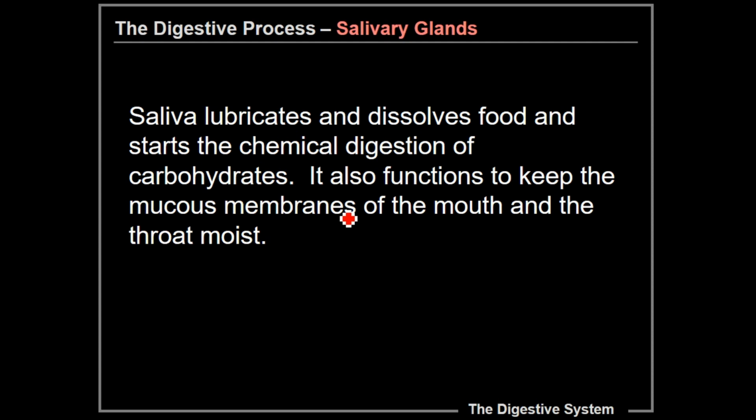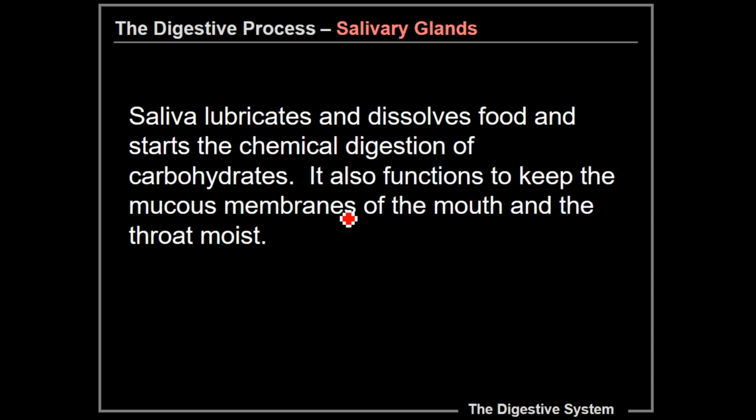Saliva lubricates and dissolves food. If you remember from lesson 1, we discussed that its job is to basically mix with the food as you chew it and make that food much easier to swallow. And just before we go too much further, a mouthful of food once swallowed, all chewed up and lubricated by saliva, is referred to as a food bolus. So once that mouthful of food starts going down your esophagus, it is now referred to as a food bolus.